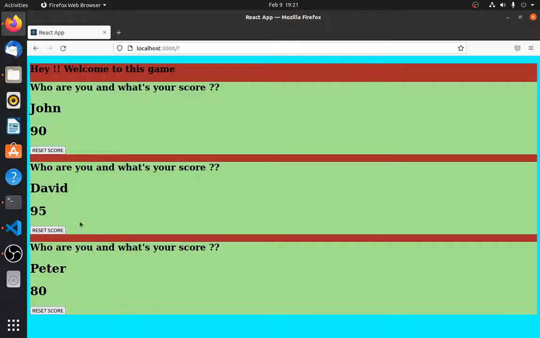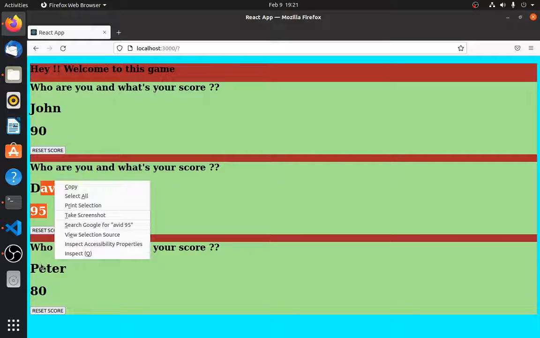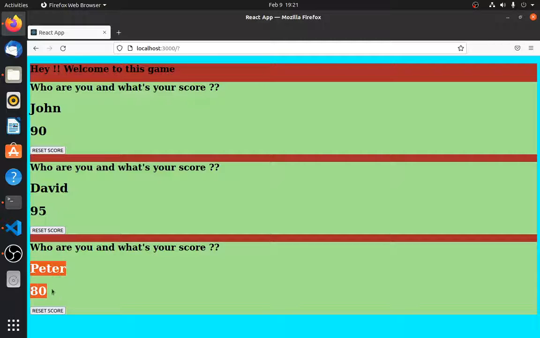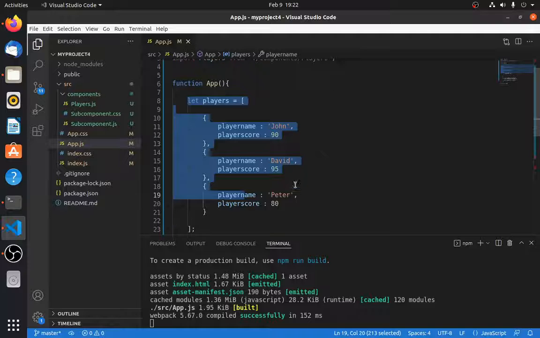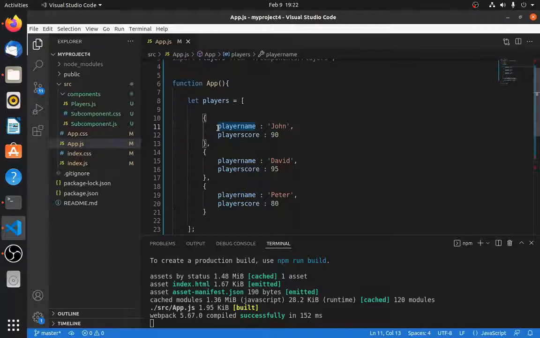So this was the example that was used where there were multiple players and their scores, and essentially these players and the scores were hard coded. So if you remember, this was an array, and objects were created with properties like player name having John as a value, player score with some value, then David as a player name. So these players were hard coded, right? And this was an array